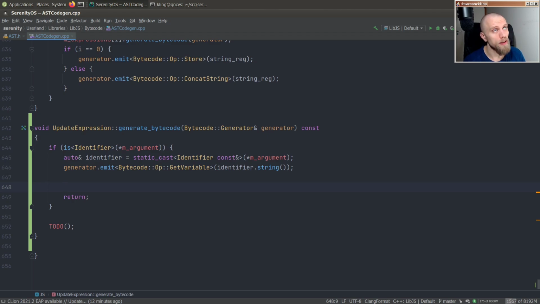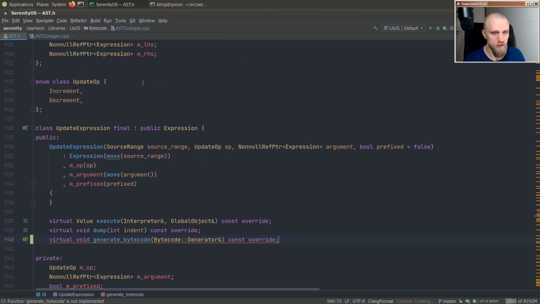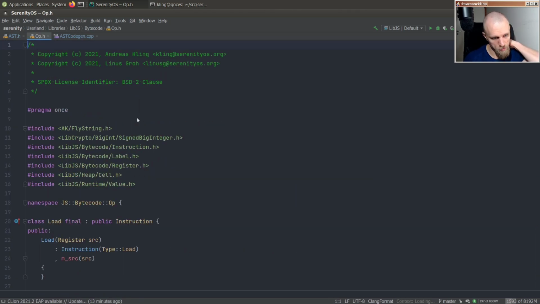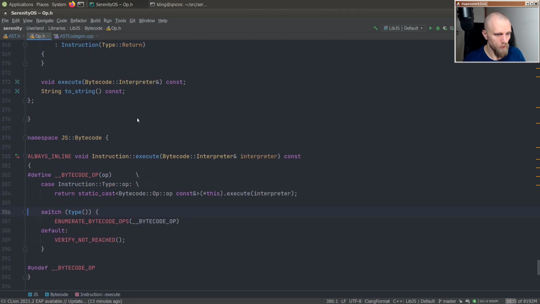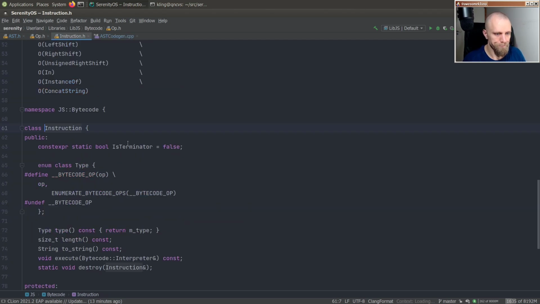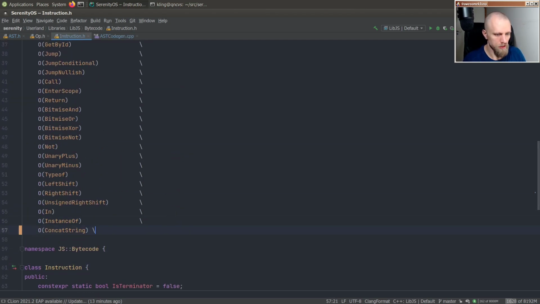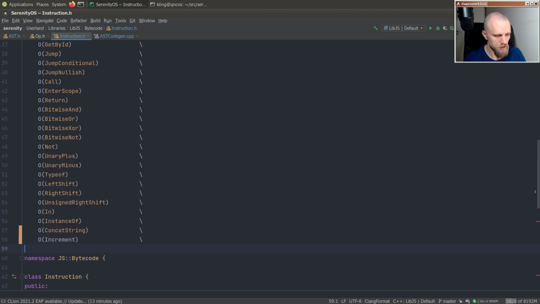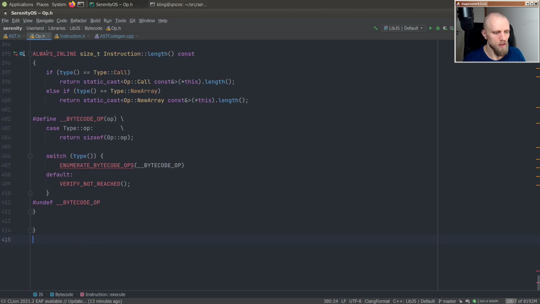We could do that with like add 1, subtract 1, but I feel like incrementing and decrementing are such common operations that we can also just add opcodes for them. So I think let's do that. Increment, decrement, let's say, and then